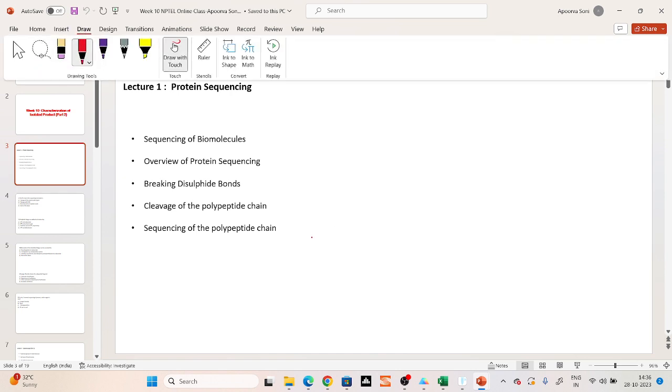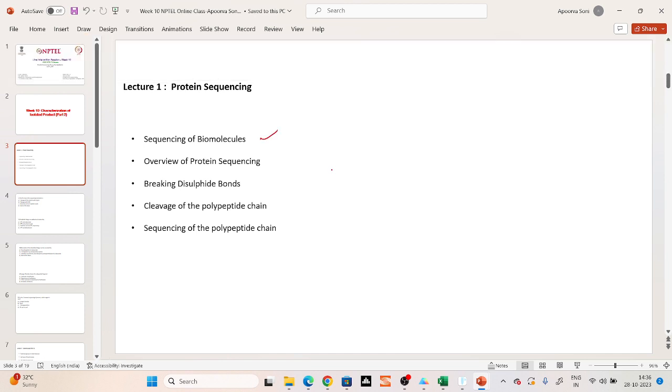In lecture 1, which is about protein sequencing, we talked about the different techniques or ways of sequencing biomolecules, then the overview of protein sequencing, then how the disulfide bonds can be broken. When we are doing any kind of sequencing, the first step is to reduce the disulfide bonds. Why? Because if you're not reducing the disulfide bonds, they will interfere in the protein sequencing process. So therefore